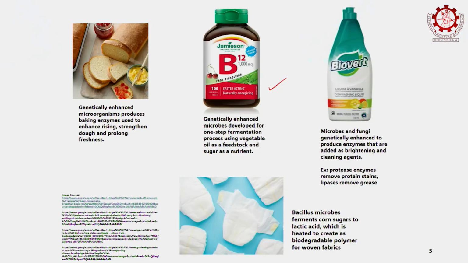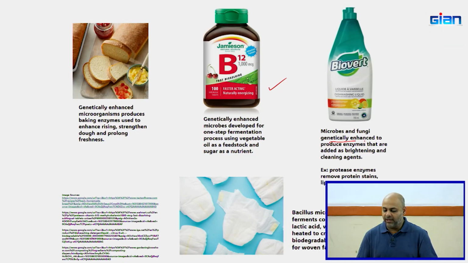We have already discussed how the enzymes will basically provide a sensory aspect to our products, right? Microbes and fungi are genetically enhanced to produce enzymes that are added as a brightening and cleaning agent. We did discuss that: the protease enzymes and the lipase enzymes. The lipases are mostly used to remove grease. You would have heard about